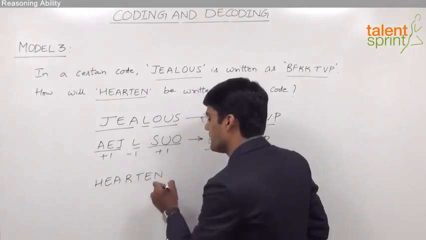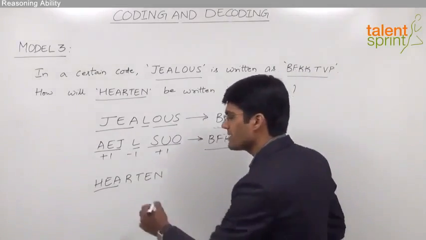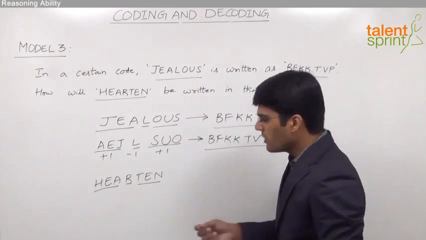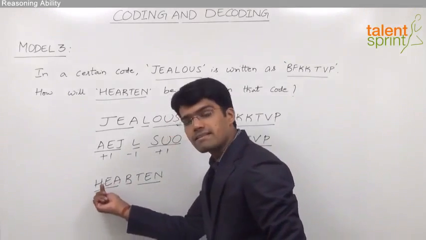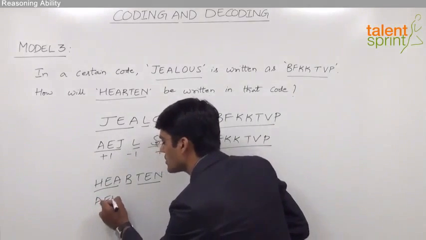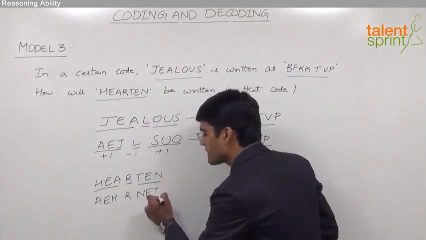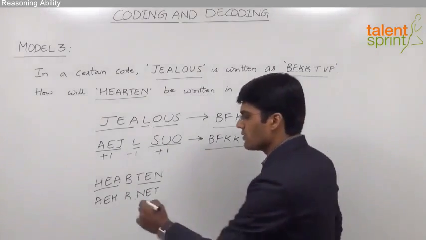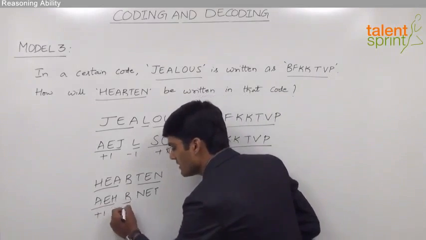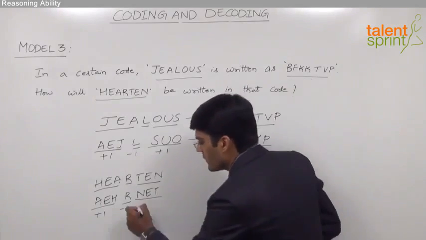HEARTEN. Now we know that the first step is to divide the word into 3 different parts. That is the first 3 letters, then the 4th letter, and the last 3 letters. The second step would be to interchange or reverse the letters in each of these parts. So HEA becomes AEH, R remains R as it is, and TEN becomes NET. And the final step is to shift the letters in the first part by 1 position in the forward direction, the second part by 1 position in the reverse direction, and the third part again by 1 position in the